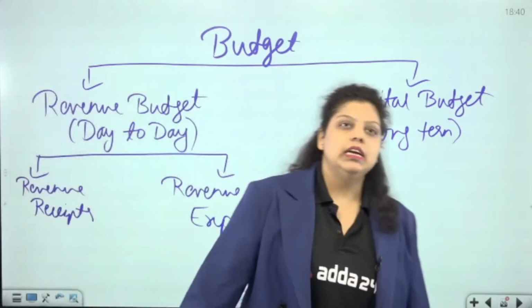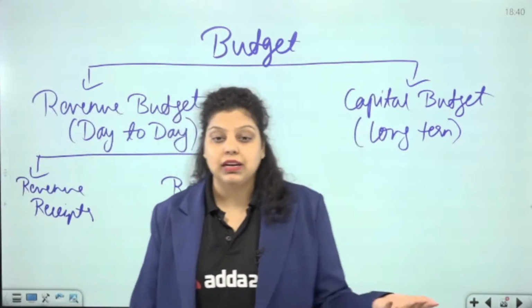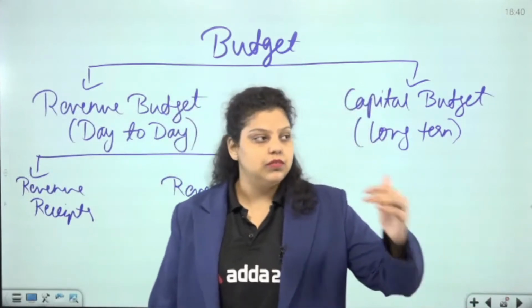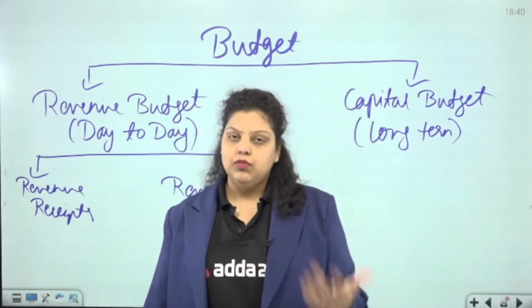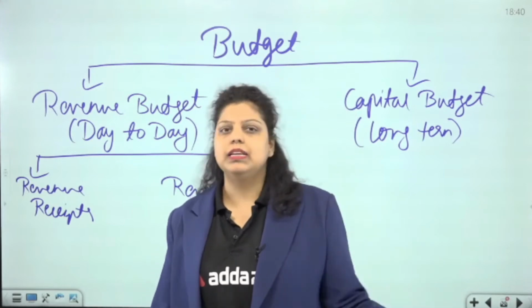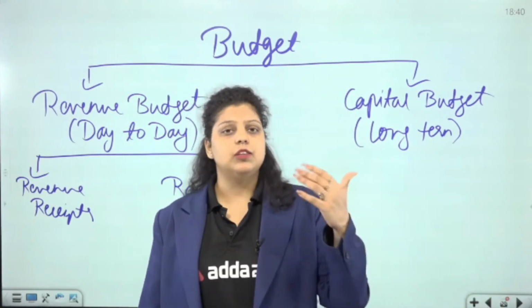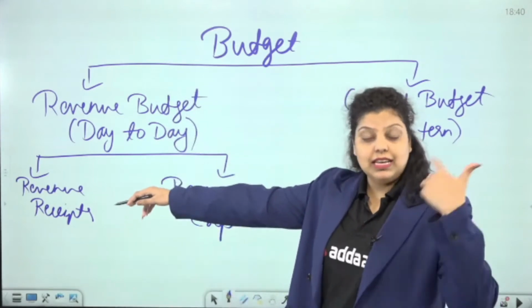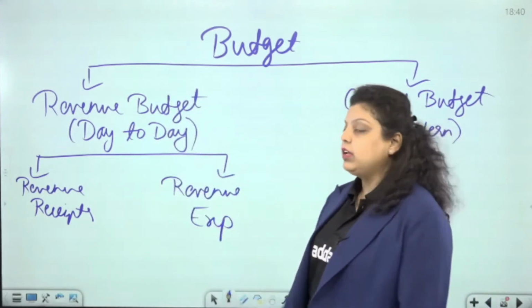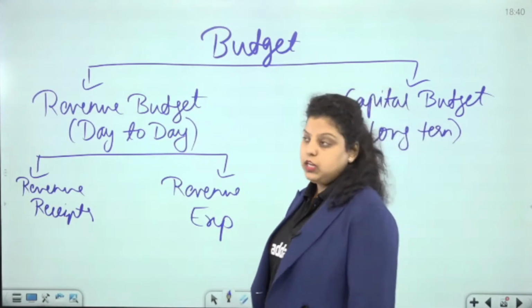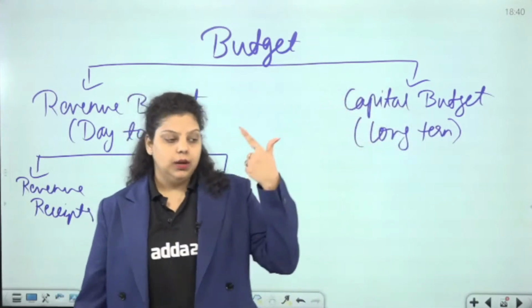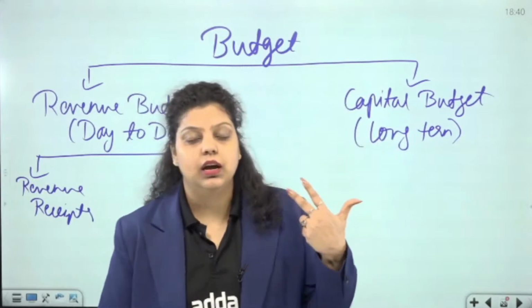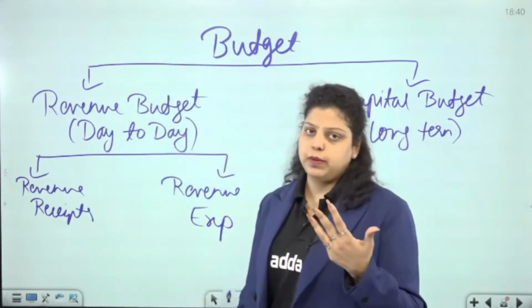So the daily income sources will be taxes, fines, penalties. Like every day we are purchasing something, we are paying GST to the government. Every day someone is violating traffic rules or something else, so they are paying a challan or fine or penalty. That's the income of the government, the daily basis income. In case of revenue expenditure, it means daily basis expenditure, like the government paying salaries, pensions, subsidies. All these will be covered under revenue expenditure.